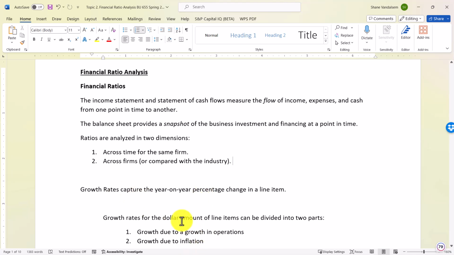So just to start off with, we get our financial ratios from the financial statements of the firm. Specifically, we look at the income statement, the balance sheet, and the statement of cash flows. The income statement and the statement of cash flows measure the flow of income or cash flows for a business over time. So for example, if we're looking at the income statement for 2022 for Walmart, which we will here in a minute,